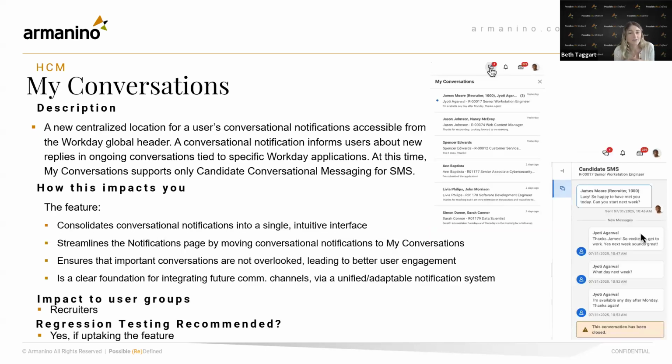My Conversations. So this is a new centralized location for a user's conversational notifications, which is accessible from the Workday global header. So as you can see from these screenshots, what's new here is this conversational messages, where now they're all going to be in one place versus being muddled in with the bell icon